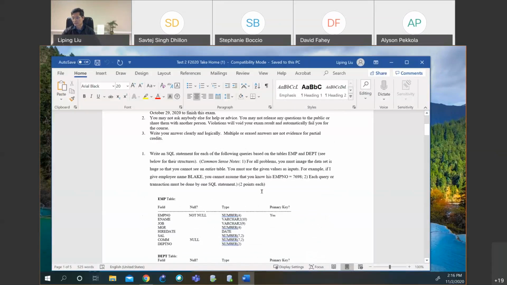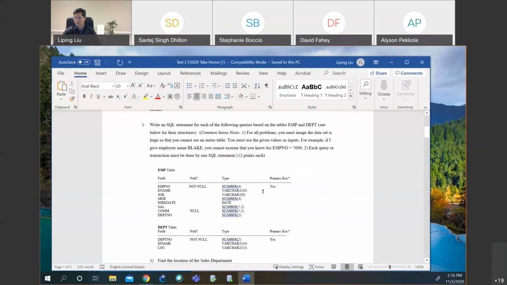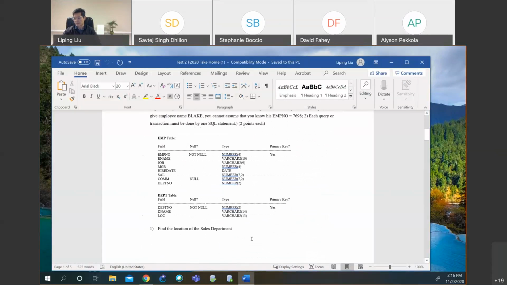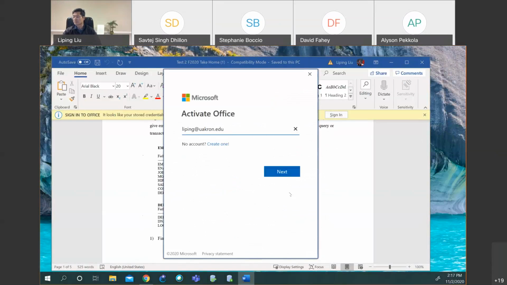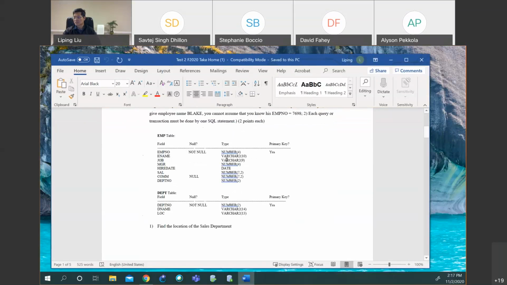All right, so this is your take-home exam, and now let me know, do you have any questions about SQL statements? Basically, each statement is 2 points, and if you make any mistakes, at least 0.5 points will be taken off. Why does it ask me to log in again? Okay, so typically, if you make any mistake, 0.5 point will be taken off. But if you have a serious mistake, then maybe you get